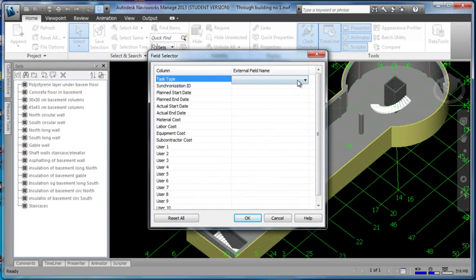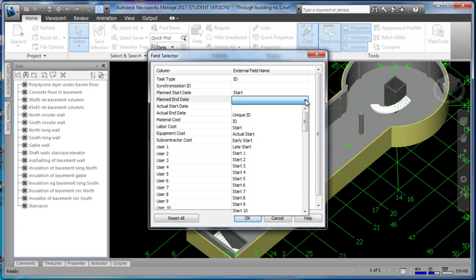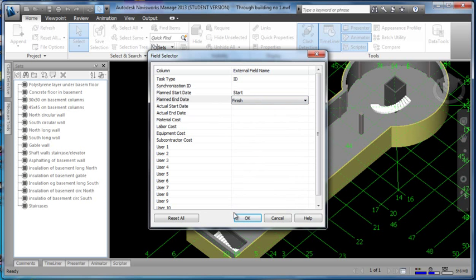And I want to click on task type. I'm going to use ID. And I'm just going to concentrate on the start date, which is here, S for start, and the finish date, which is F for finish, there, the end date in other words. I'll just concentrate on these two. The economy we can come back to in